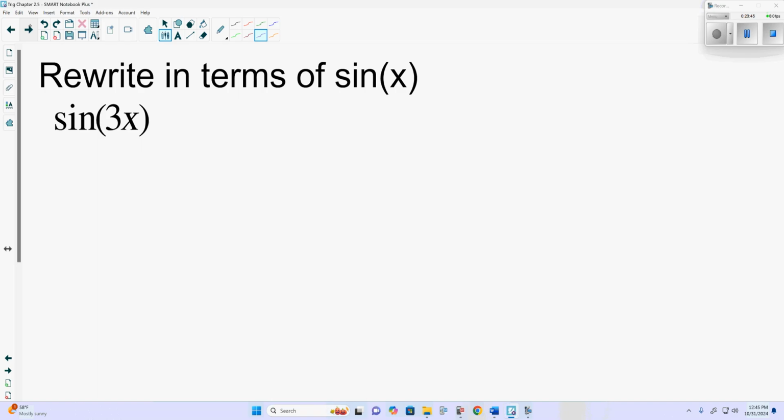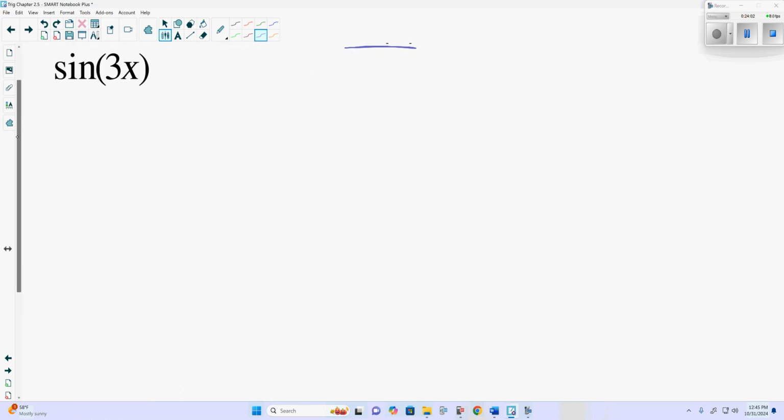Sine of 3x. We want to rewrite this in terms of sine. I did add sine in because your note sheets doesn't have sine of x. This piece here, I went back, I printed them, and then realized that it needed to be changed to just sine of x. So to do this, this is a little weird. What we're going to have to do,